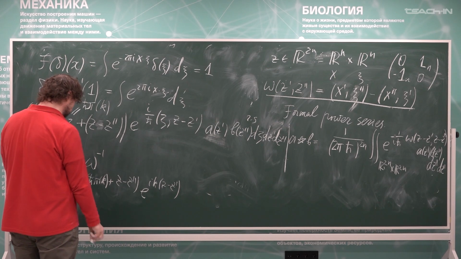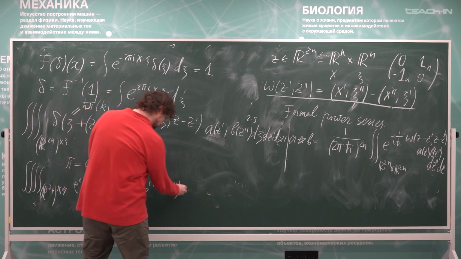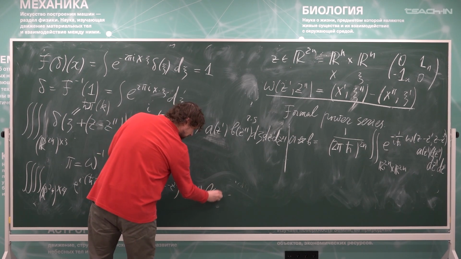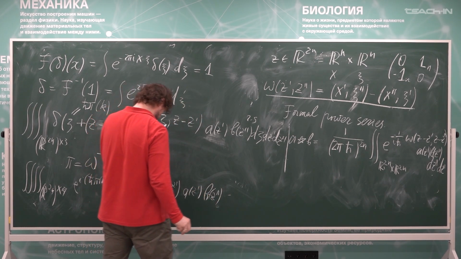This is a change of variables, you see. A z prime, b z double prime,